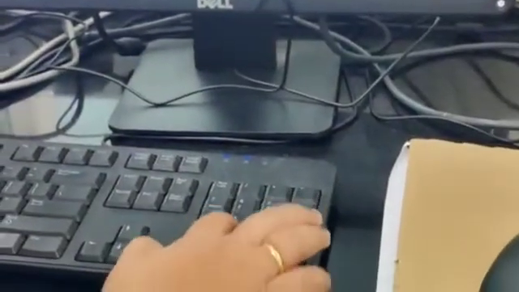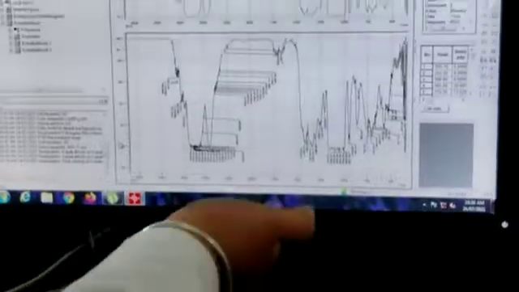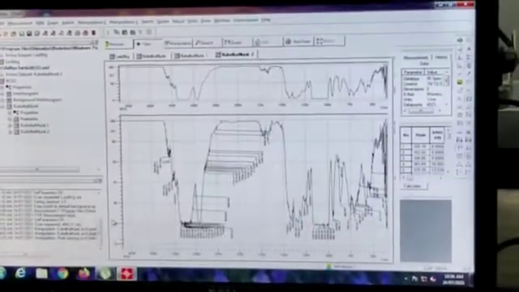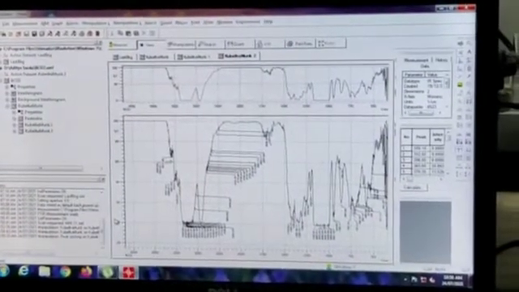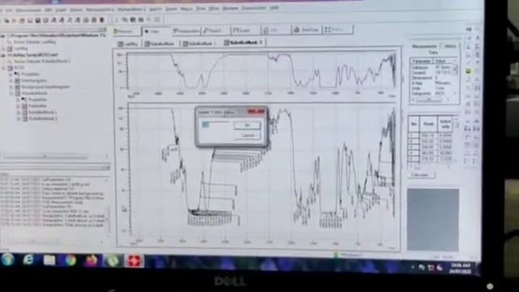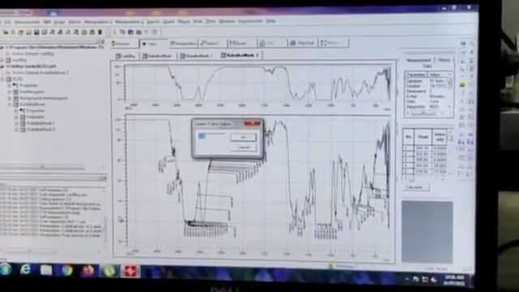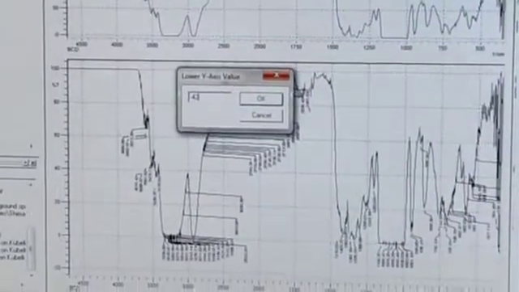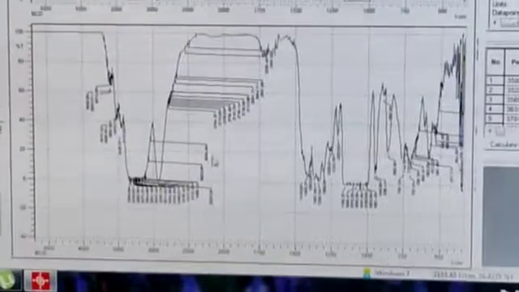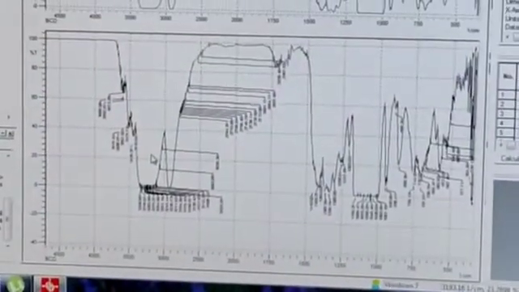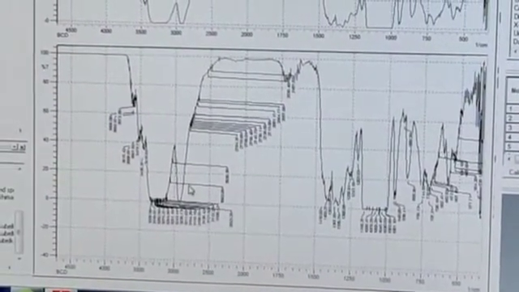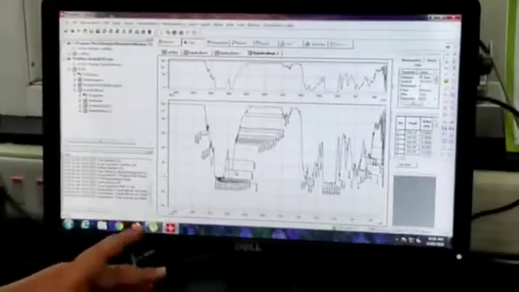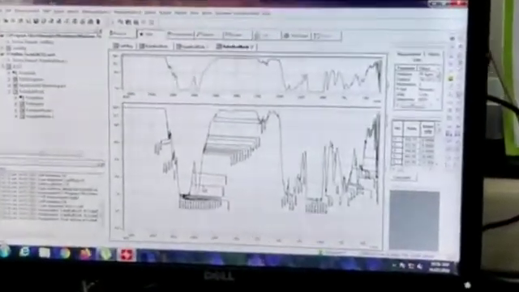Here it is -4. Suppose I am giving -24. It is coming up, so it will be useful for us to check the peaks. Still we have to adjust the scale axis. Then I take it, and it has come like this. Once it is ready, we can assign the peaks and take the print, so that it will be useful for us for the interpretation.